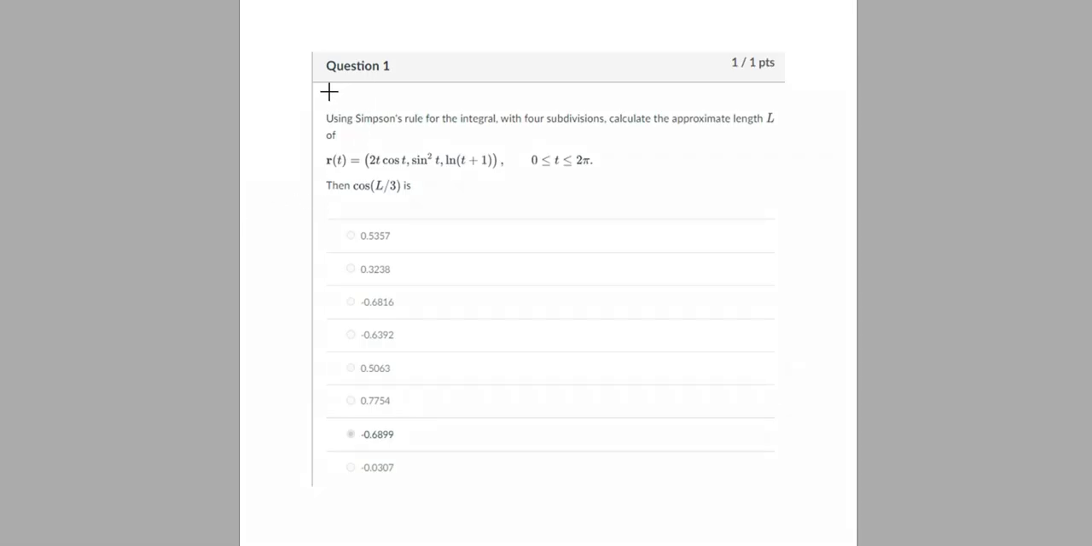So welcome to lecture 4, question 1. In this lecture 4, we are given a position vector r of t. Our r of t is 2t